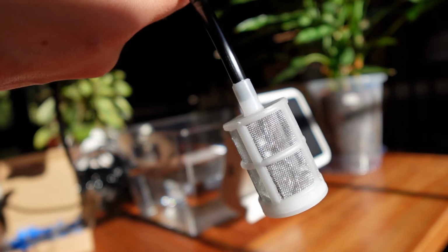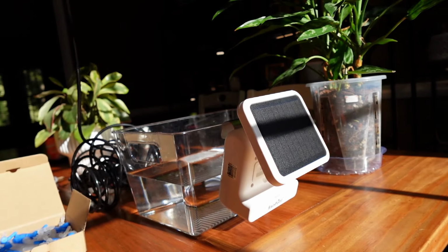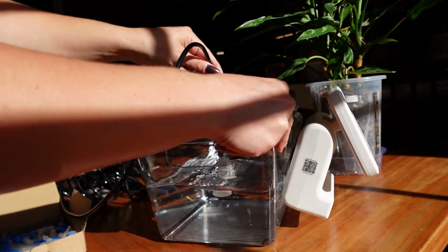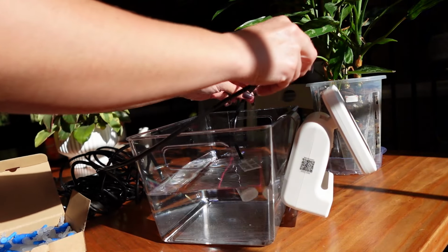There. So we've attached the filter to one of the tubes. Now, this is the part that's going to go in the water. So that will sink in your water here. I don't know if you can see it properly. This will sink in your water, and you want this to go into the,